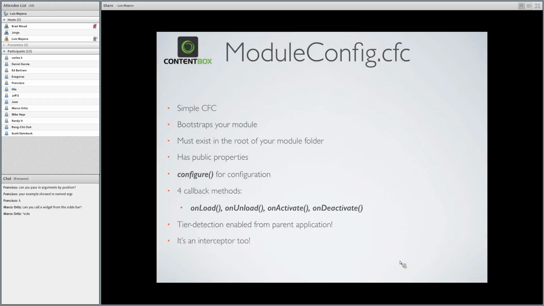Box.json, I think we've seen several presentations on the box.json for ContentBox. Just a little snippet of how it looks. You can see there that it has a name, a version, a slug, the type, the dependencies that it can have, who's contributing, license, etc. So we encourage you to have a box.json. It will make installation a lot easier, especially as things get more modular, most likely your module will depend on other modules.